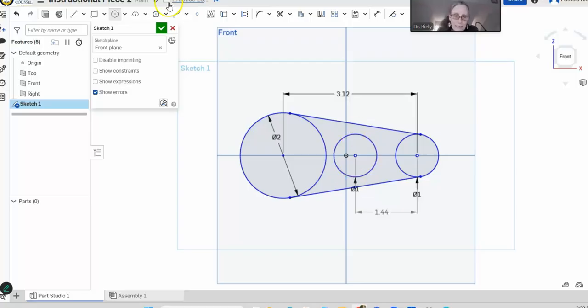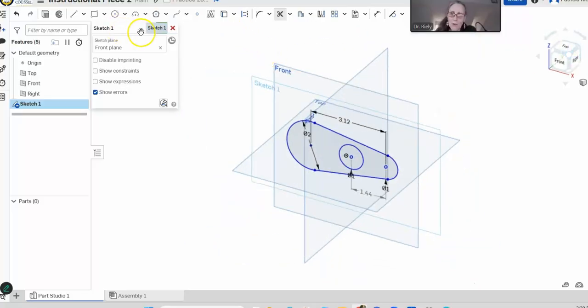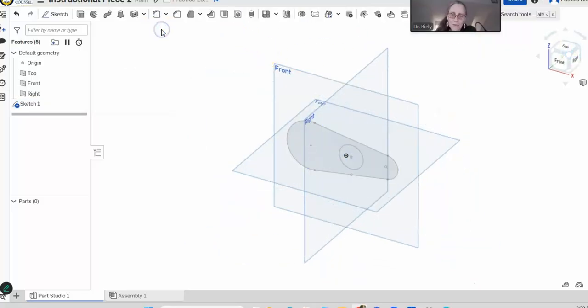Okay, now I'm going to teach you how to do some trimming. I'm going to pick the trim tool, and I'm going to lose the inside pieces of the circle. Now I have the shape that I wanted. Okay, I'm going to turn this a little bit. I'm going to accept the sketch,